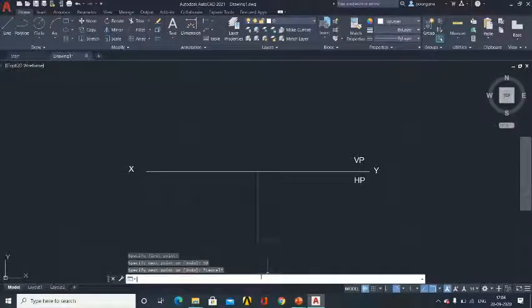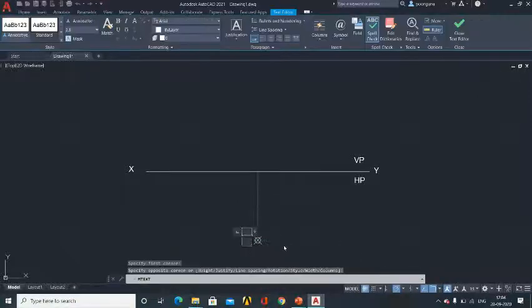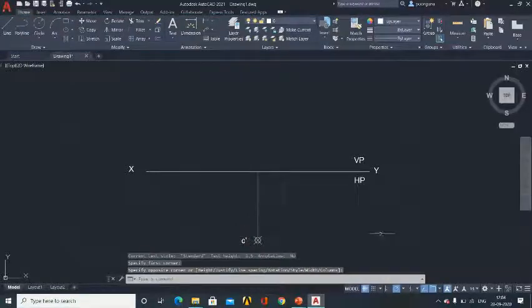Then go to the point command, click here. So we got the point. Please mention the point name. So it is C dash. This is 30 mm.